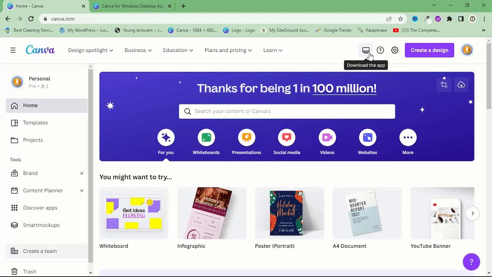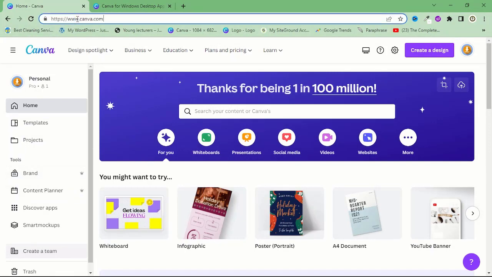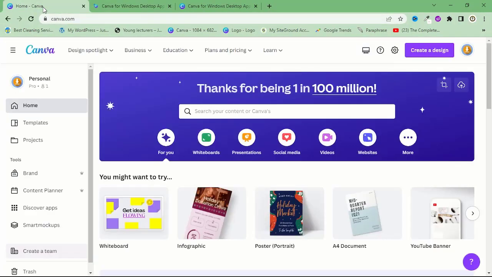First of all, you can use Canva on your browser, like the way it is right now. This is the Chrome browser, and I've used the Canva URL, that is www.canva.com. So that is one way of opening your Canva. The second way is downloading an app, a desktop app, and it's just as easy as using the